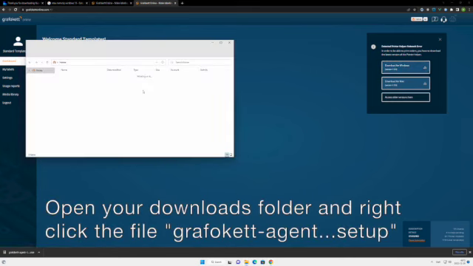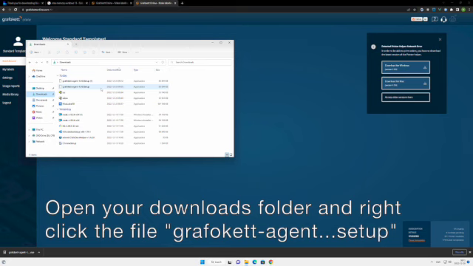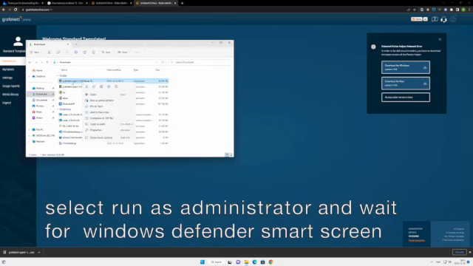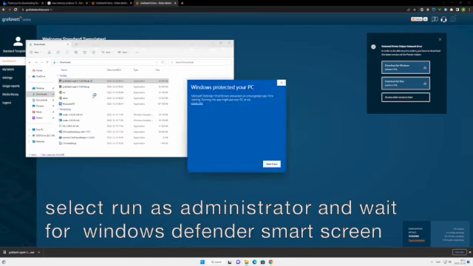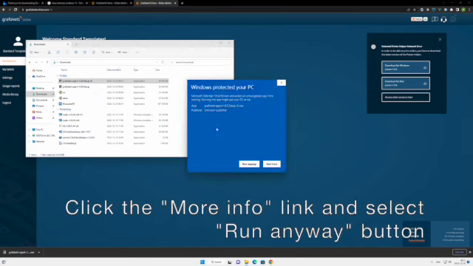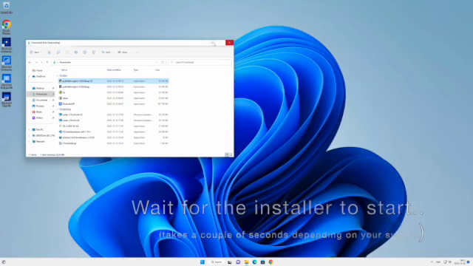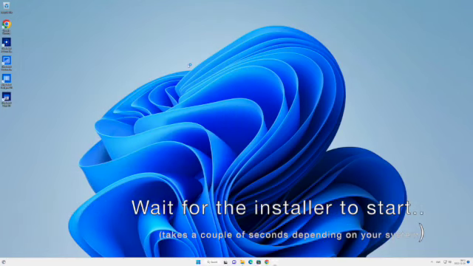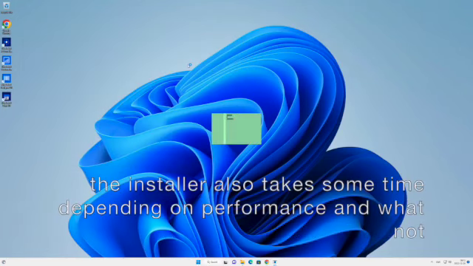Open your downloads folder and right click the file, GraphiKit Agent, and the version and setup. And here you need to click the more info, run anyway button, wait for it to start, and our awesome installer shows itself. It takes some time depending on your system's performance, memory, CPU and whatnot, so just wait, hold